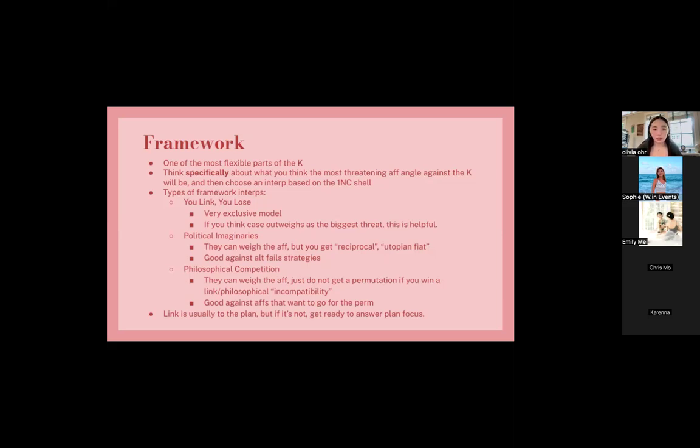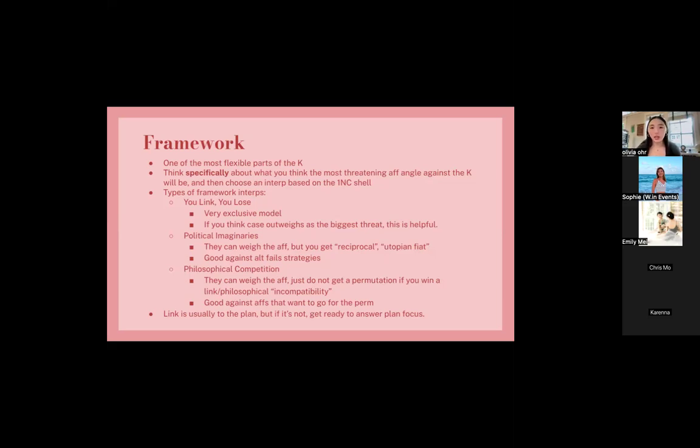And this is really helpful because I think winning framework alone is a prior question, because it is a question about the model of debate that you are invested in. It comes prior to whatever the aff's fiated consequences or extinction outweighs offense comes from. So if you're going for a more structural impact to cap, or something that's more based on the representations rather than the consequences to the aff, or if your link is not to the plan, then this type of exclusive framework interpretation would definitely help.